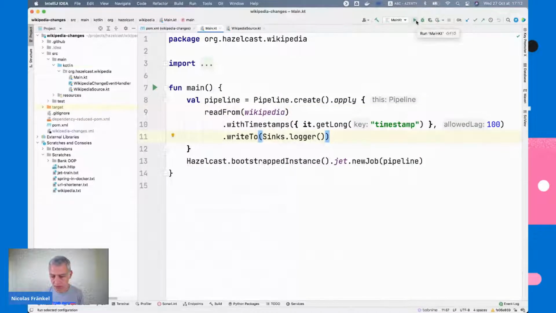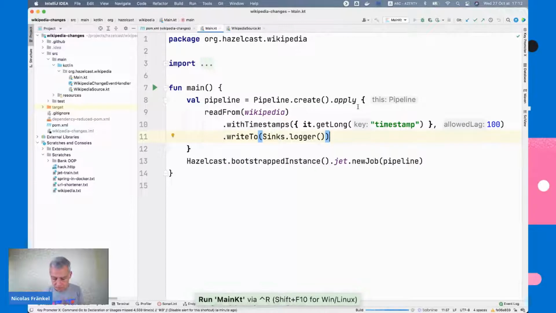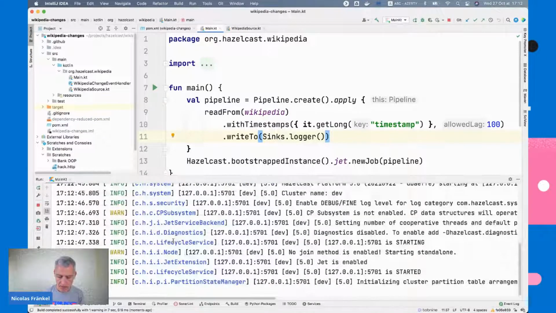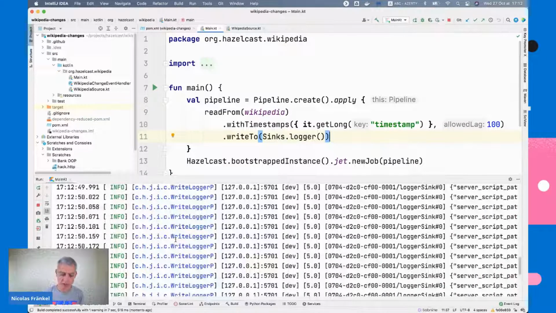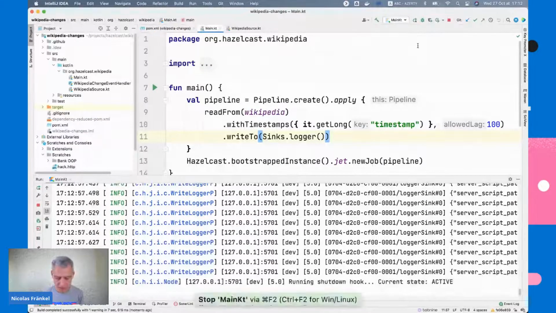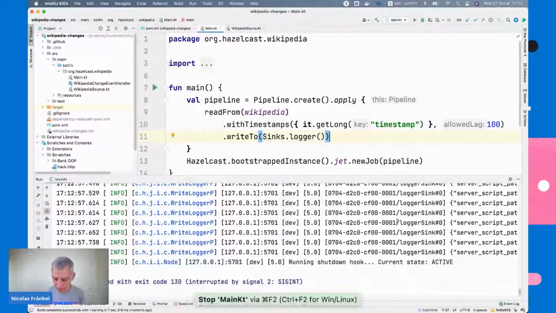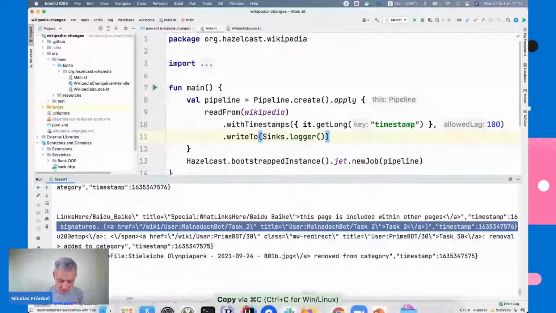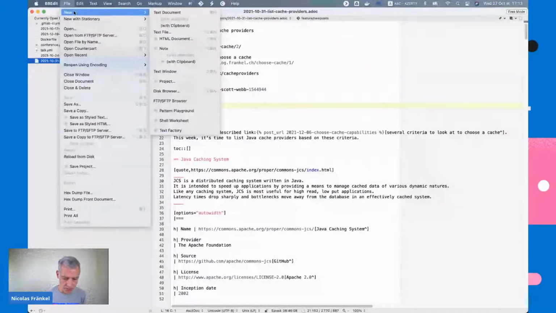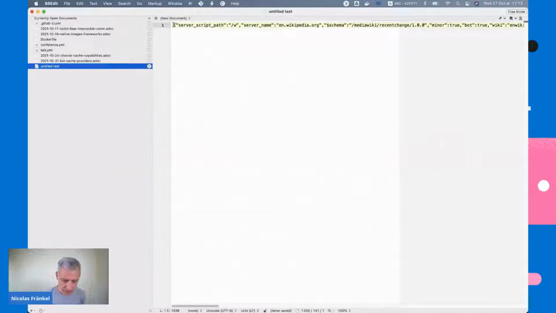So let's see how it works. I will start the application. And now we've got our data. And it's a stream, so I will stop it explicitly because otherwise it might take too long. And the idea is now I can get the data here. I will copy paste it into my text editor. I'm not a VI fan, I'm sorry. Then I can format it.